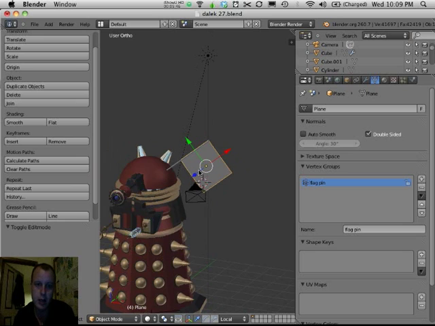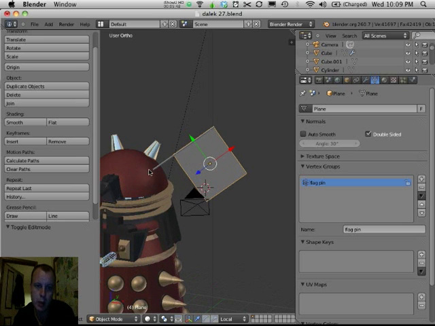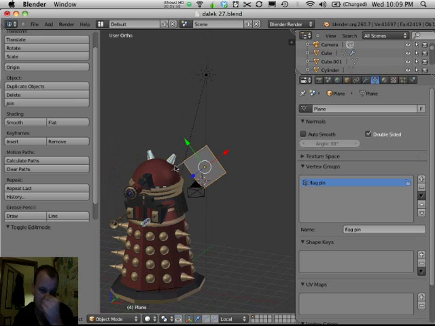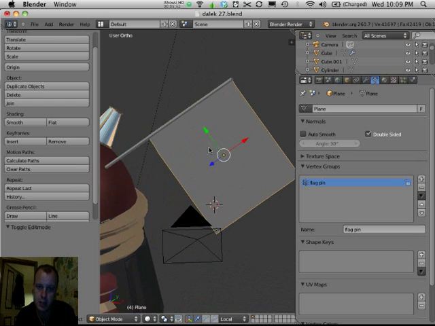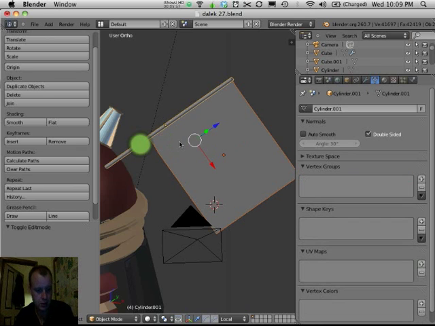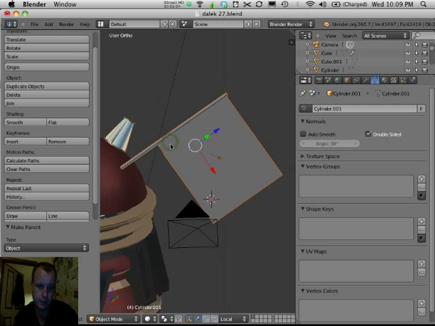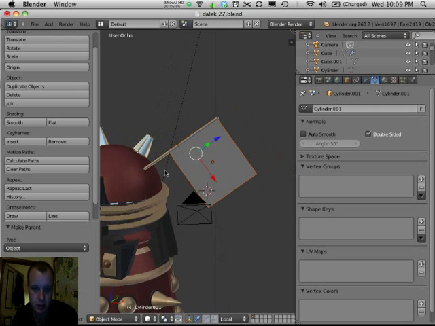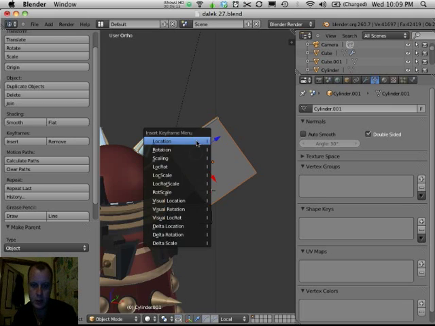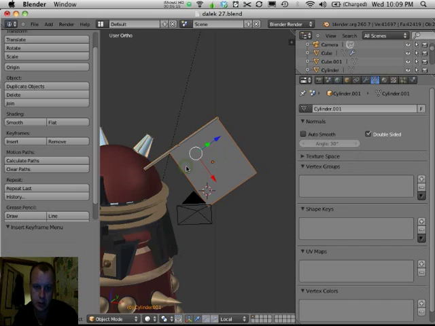So I won't worry about the Dalek at this point. This isn't the version of the Dalek that's set up for animation, but if I parent that to our flagpole, Control P, set object to parent, and what I'll do is just create a simple animation, go down to frame 1, insert a location rotation keyframe, we'll go up to say frame